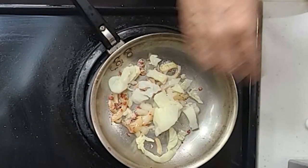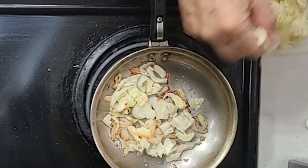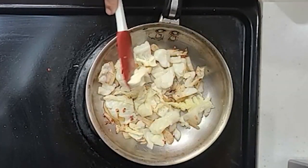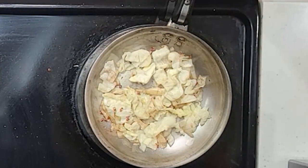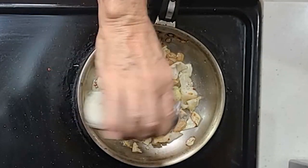Toss the onions in, stir it around a little bit, and then you can throw your cabbage in. Stir it around a little bit again so nothing sticks. If it looks a little dry, go ahead and add a little more butter or margarine or whatever you're using for your oil. A little salt and pepper, and then cover it up on very low heat while the onions